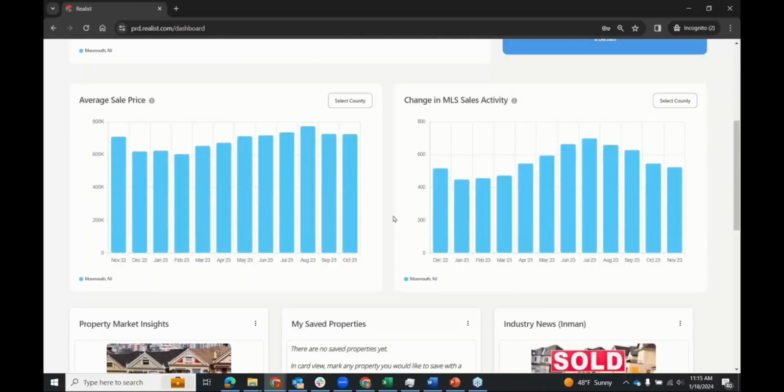There's also some charts here that are a rolling 12-month period. And again, we're just looking at these for the county of Monmouth right now, but your average sale price. As you mouse over these, you get a little bit of information, and you can see where sale prices have gone over the past 12 months. Same here with change in MLS sales activity. Not surprisingly, we see lots of sales in the summertime in June, July, May,